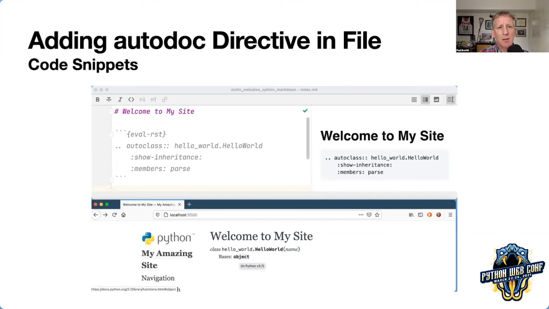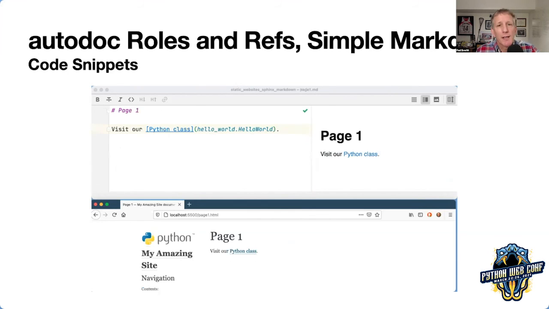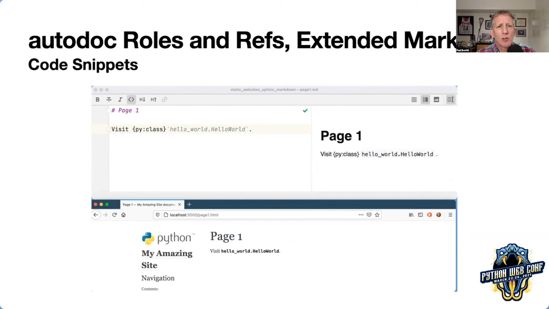And you see the output at the bottom, and it even has linkable stuff to Python things and other parts of your code. Now, here's something that's really dang cool. It does more than just render a pretty output. Those symbols in your code become refs, roles, I should say, that you can refer to. So in some other file like I have here, I'm going to point at that class and link to that class. And it will generate a relative link and land me on that section in the Markdown file.